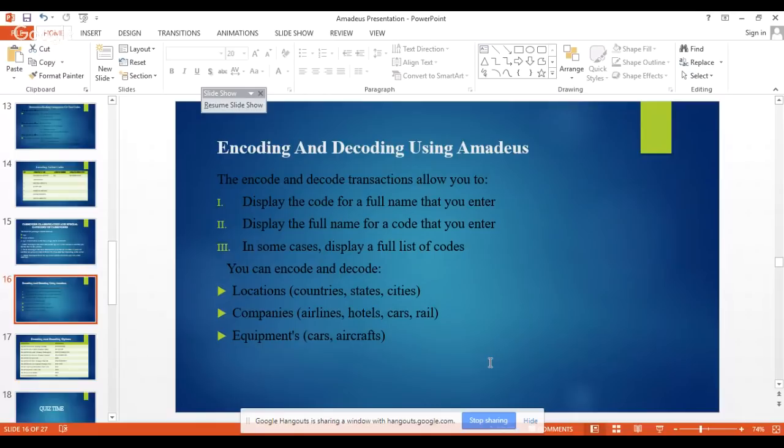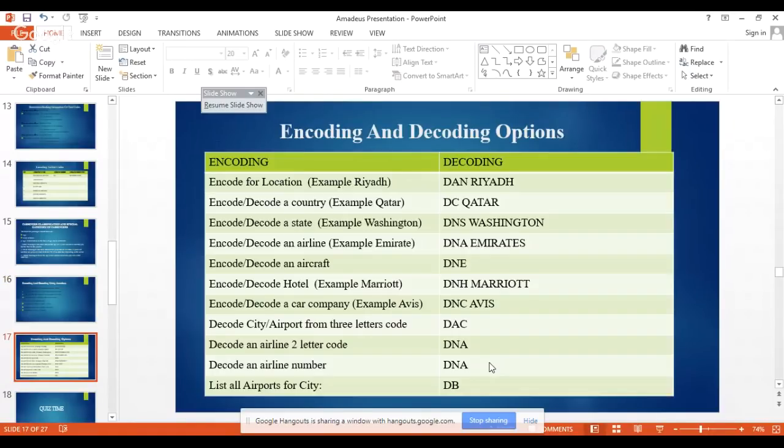And you can also encode and decode equipment as well. When we're talking about equipment, it's car and aircraft, depending on the equipment number and so on, the equipment types and so on. Encoding and decoding options: we have the encoding and we have the decoding. To encode for a location,